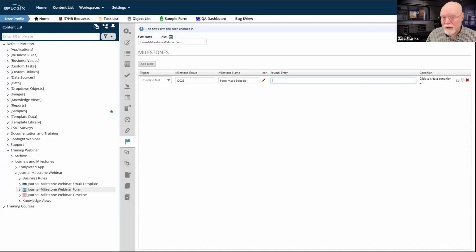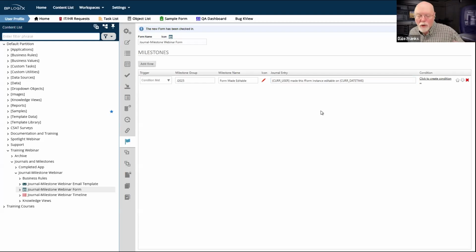I don't know who's going to make this form editable, who might actually be running that activity, but that's fine. I'm just going to say cur user made this form instance editable on, and then we'll drop in cur date time.